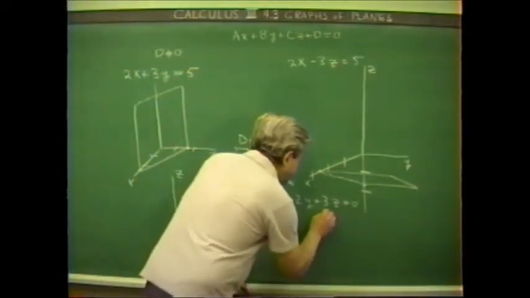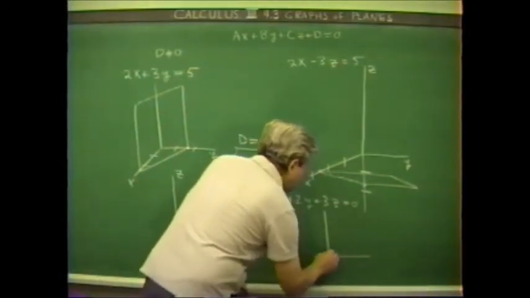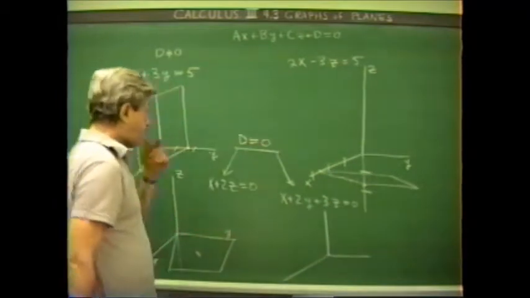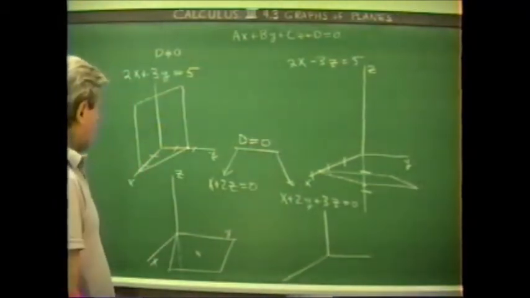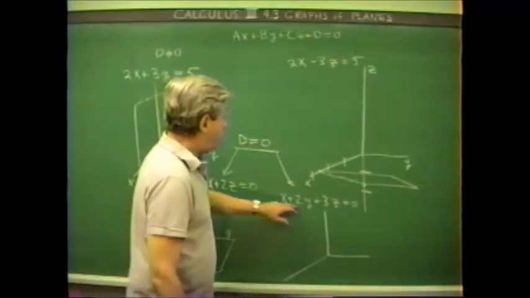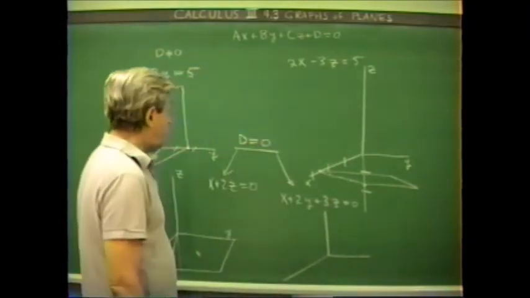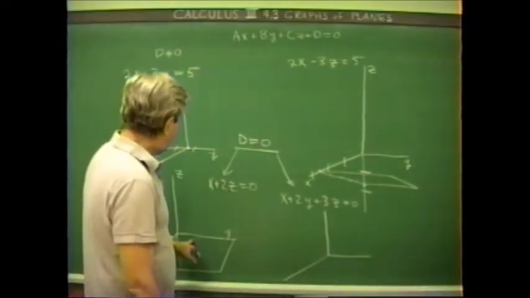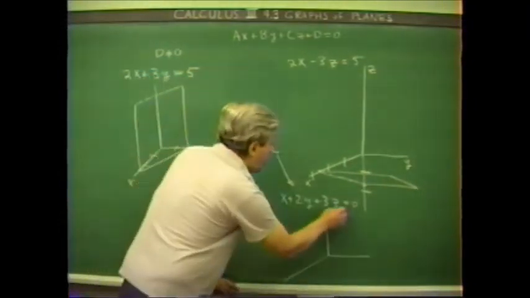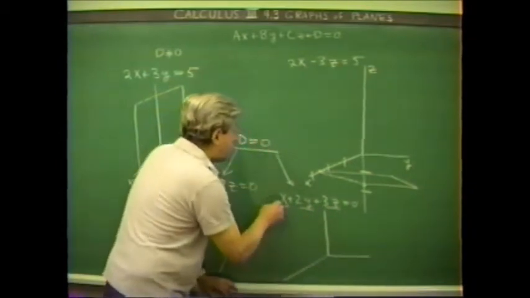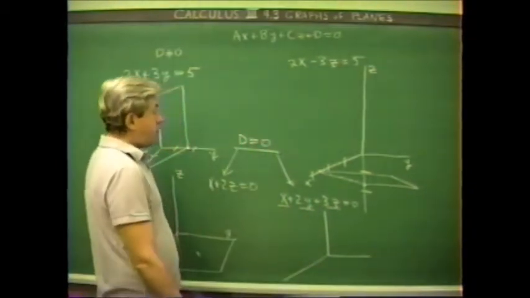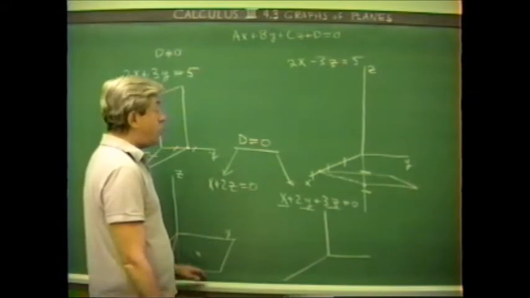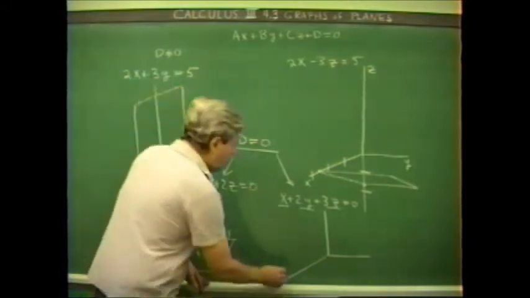Here, however, to draw this particular one, we've got all three of these terms not being equal to 0, and the best bet perhaps for drawing this is to draw the traces in two of the planes,